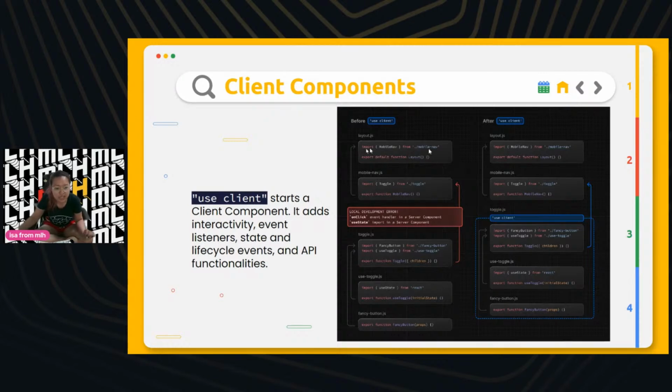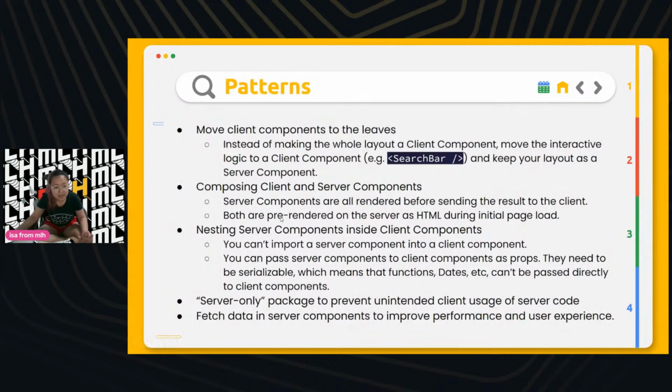That's usually how we import components in React. What this paradigm is saying in Next is that you can't do that from server to client, which means if you have something text-based and you want to put it in, let's say, a carousel, you can't import it, but you can pass it as a prop.